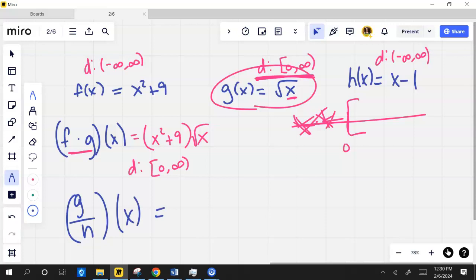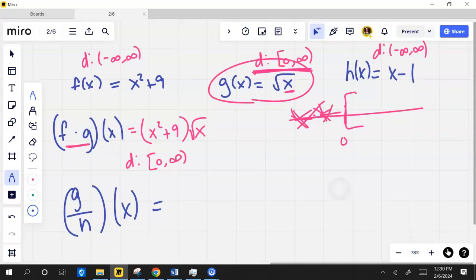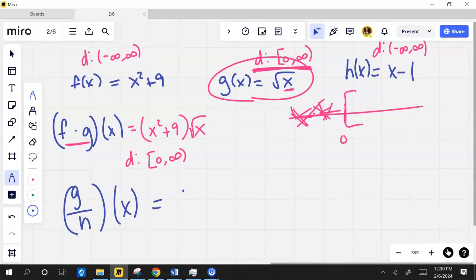What's g over h? What's g divided by h? You don't have an h. Yes, I do. Where? It's square root of x divided by. Now,